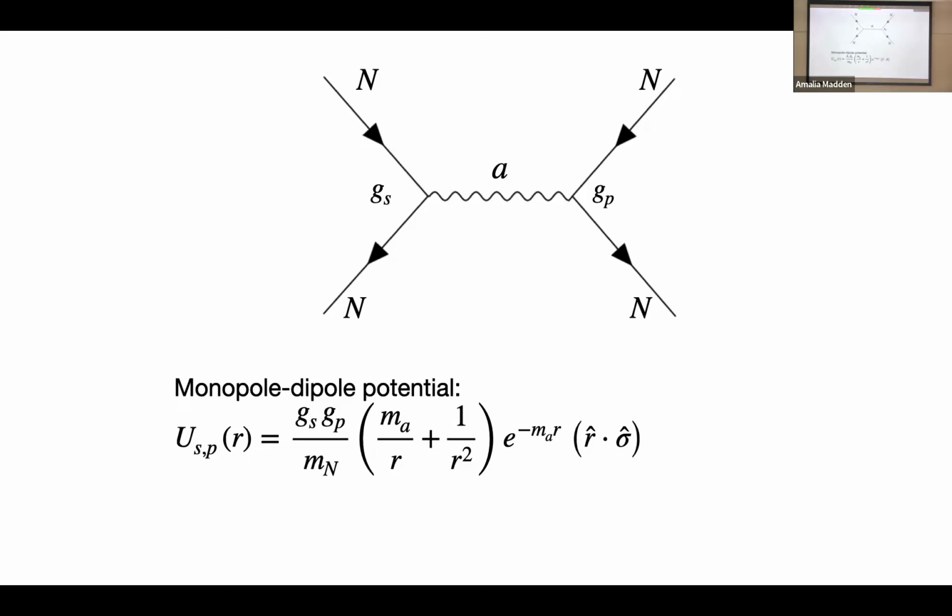I think the point might just be your best sensitivity was coming from the first term rather than the second. Or maybe it is related to the fact that we are actually using the resonance. It's not just static, you have this kind of shape, right? And where does the M in this expression come from? Like the M over R, why is there an M? Oh, is it because of the derivative? Yeah, the derivative. You can think of it as just the source, and then the spin couples to the derivative. So you take the derivative of the exponent, and that will give you the M.